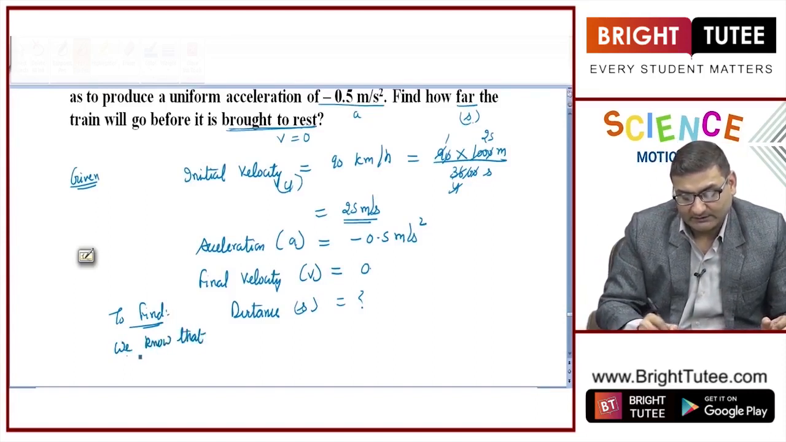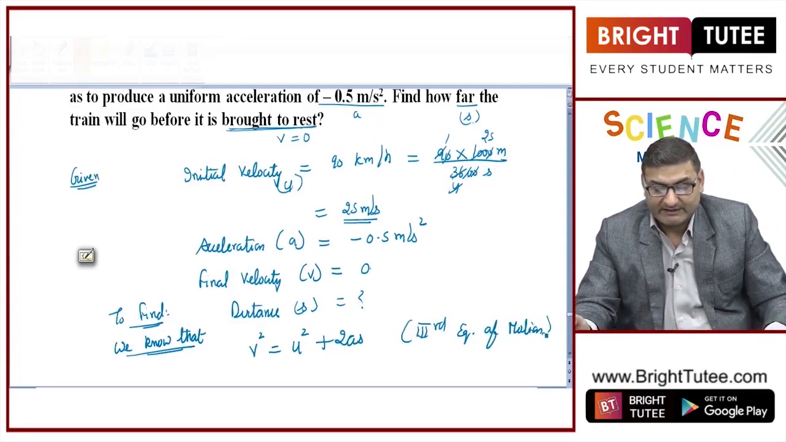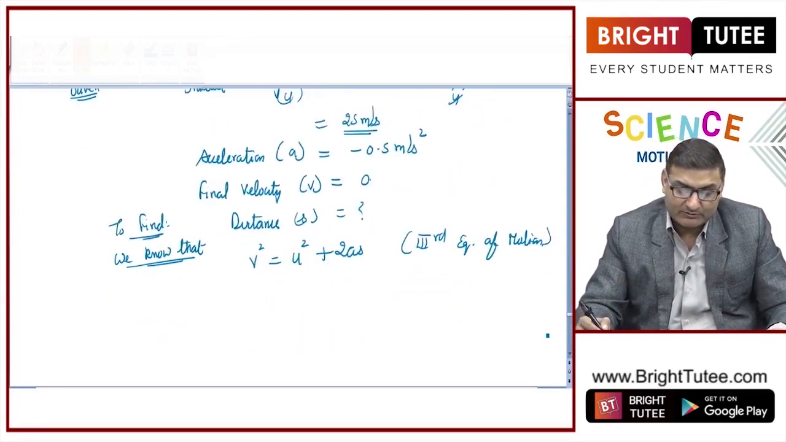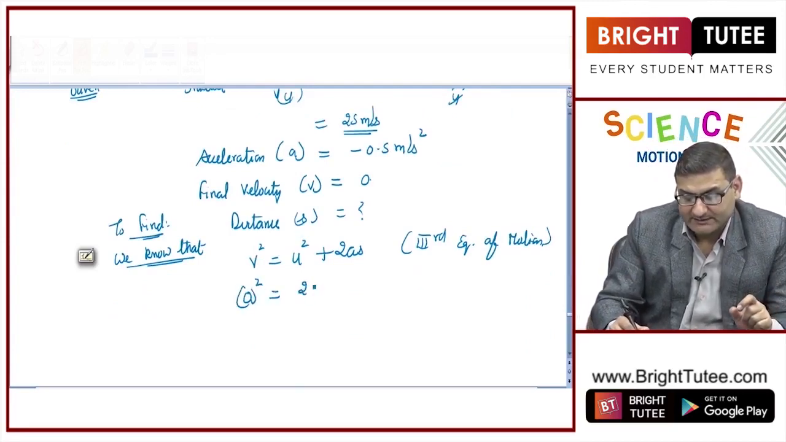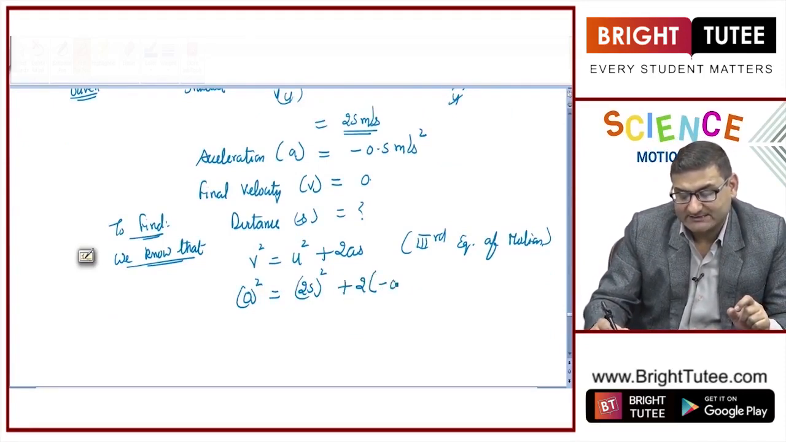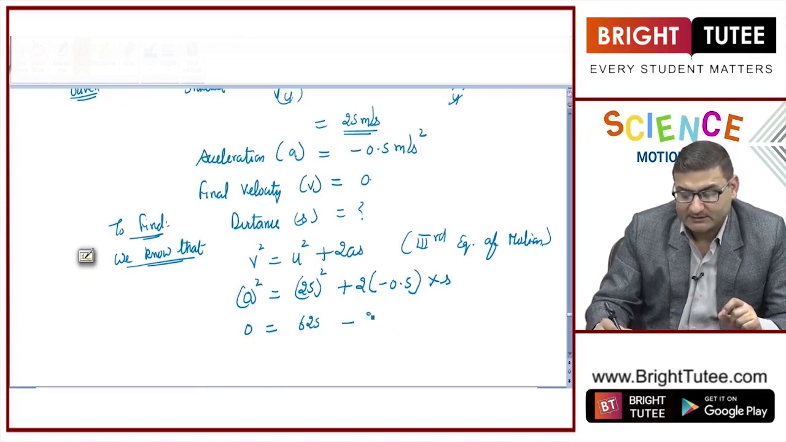We know that v square is equal to u square plus 2as. This is our third equation of motion. Fine. Putting the values, v is given to be 0, u is given to be 25, plus 2 into the value of acceleration, which is minus because it is retardation, multiplied by s. So it comes out to be 0 is equal to 25 square, which is 625, plus and minus becomes minus 2